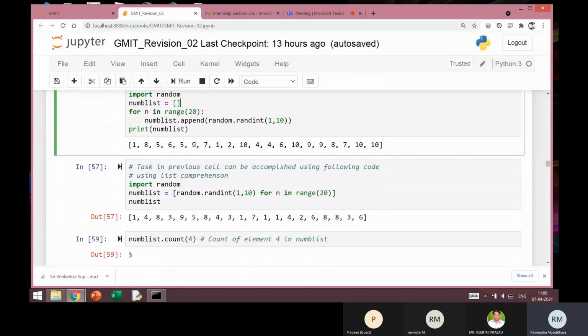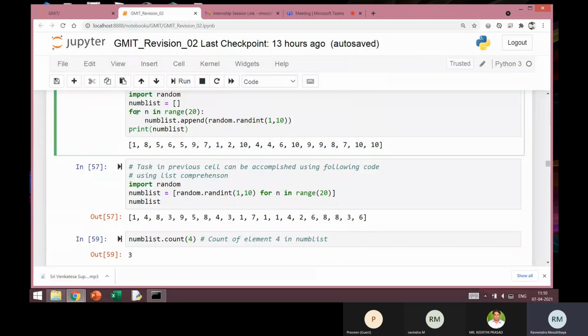And now I want to create a list containing 20 integers which are randomly picked from the numbers 1 to 10. Okay. So finally, I should get one list which has 20 values, and all these values should be in the range from 1 to 10, which are randomly picked. If you want to test some program, and if you want to generate a large list, this will be a very handy method. And this is quite popularly used in Python programming, particularly for testing a program.